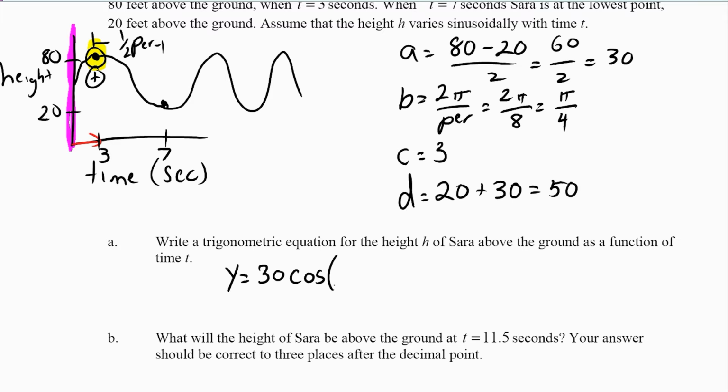Now, what happens after cosine is parentheses. So you have to place in the pi over 4, then another parentheses, x minus 3, and then close the parentheses 2 times. You need to make sure that you do that in your calculator. And then plus d, which is also the equilibrium. And there's my equation: 30 cosine, parenthesis, pi over 4, another parenthesis, x minus 3, 2 parentheses closed, and then